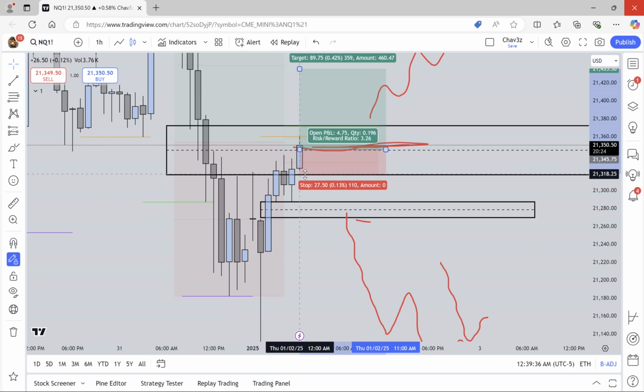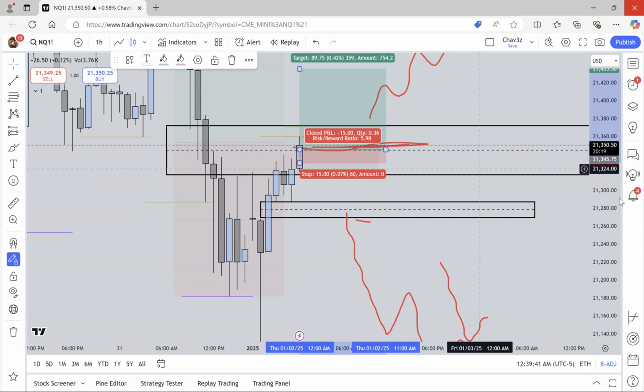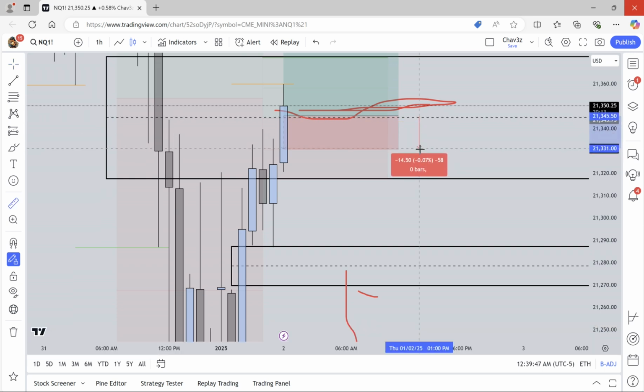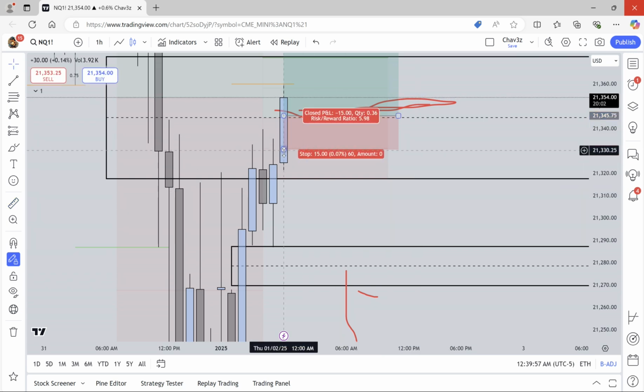Would be the low of the PD array or the 25% of the PD array, based on the width of the handles. So if we look, if I do 25%, that's 14 handles. That's pretty good for an NQ stop loss. 14 is not that bad if we go 1 NQ. If you go anything above 1, you're going to hurt yourself, right? But let's say I'm doing MNQ, right?